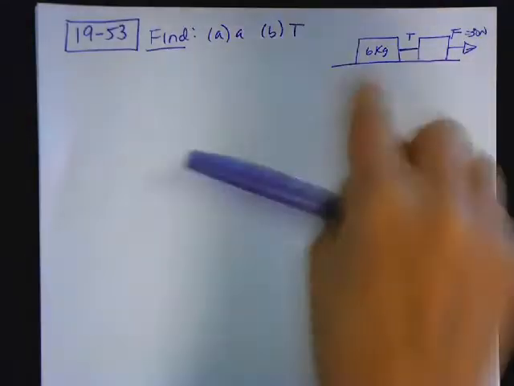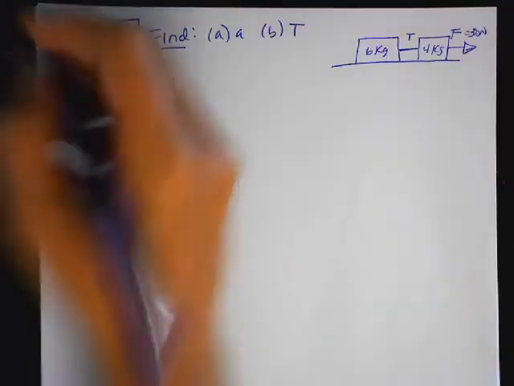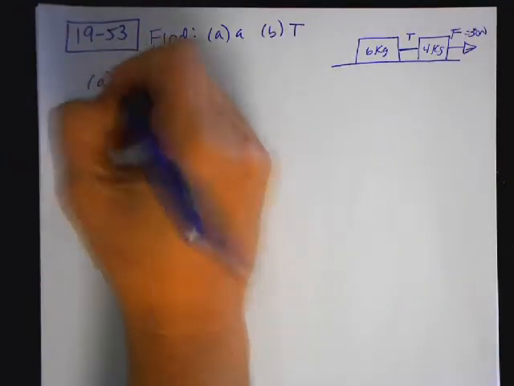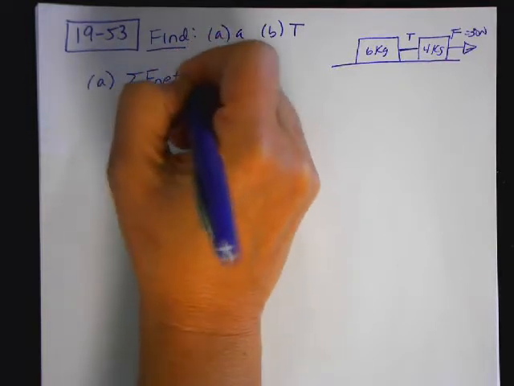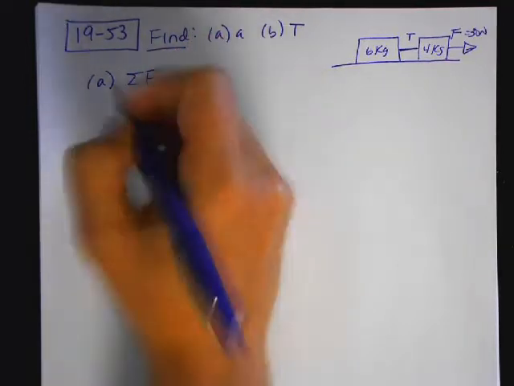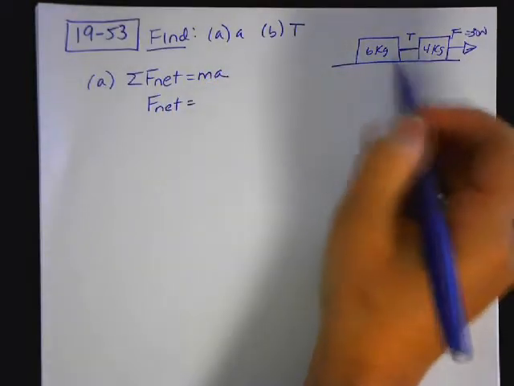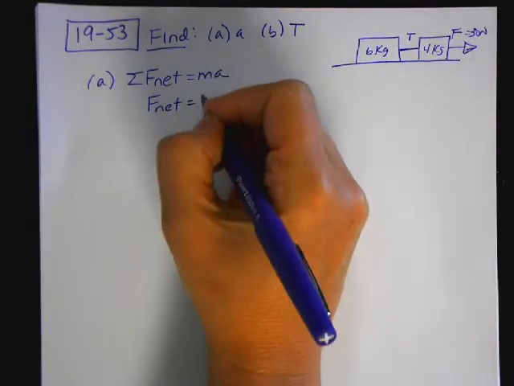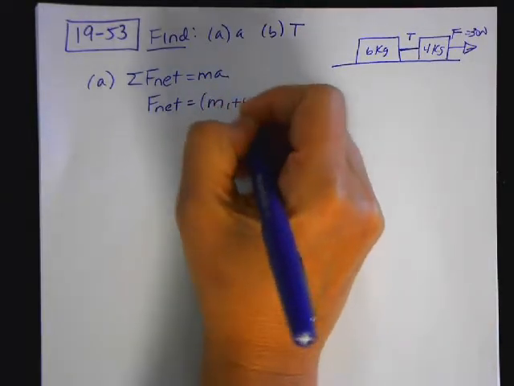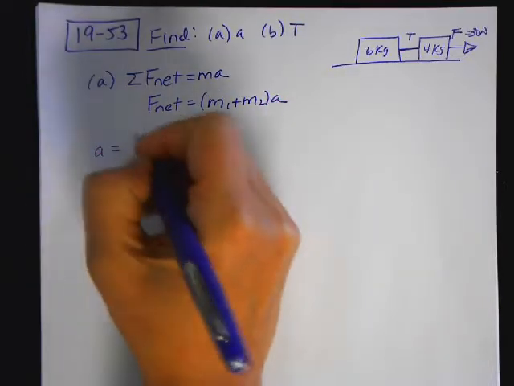So we're going to take this as a system. We're going to apply Newton's second law to the system and say summation of F net is equal to MA. But this net force is going to be the sum of the two masses, so that's M1 plus M2 times A. So A is equal to F net